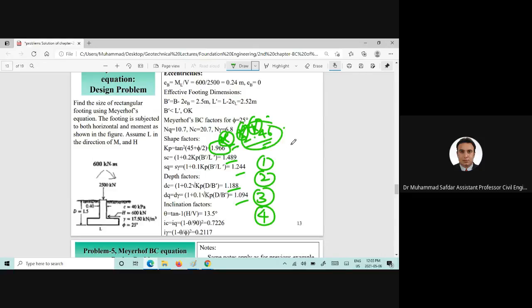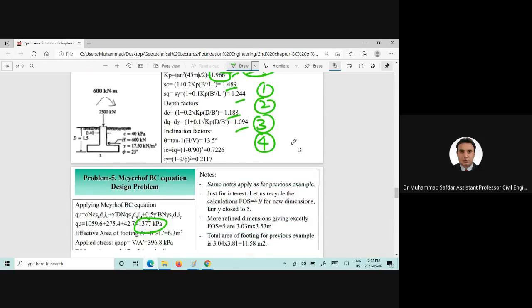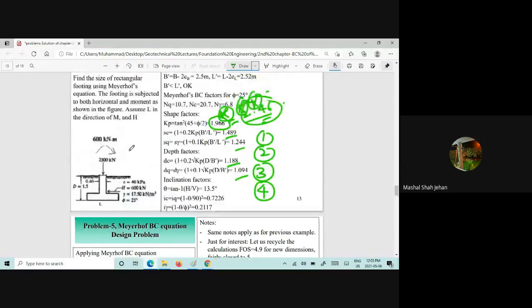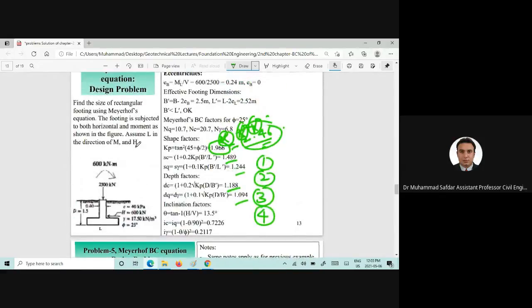ओके, नोटेड प्लीज। क्यू अल्टीमेट भी हमारे पास सेम आ रहा है, कितना आ रहा है? यस सर, बाकी सारी हमारी। अच्छा, बाकी सारी सेम आ रही हैं, तो आई वुड अस्यूम कि 1377 किलो पास्कल सबके पास अप्रोक्सीमेटली 1370, 1375 या 1380 या 1385 किलो पास्कल आ रही है। एग्री? अच्छा, फिर इफेक्टिव एरिया कैलकुलेट किया कि नहीं किया? सर, सारी वो सही आ रही, ये अभी तक नहीं की। ठीक है, चलें क्यू अल्टीमेट मुझे देने।